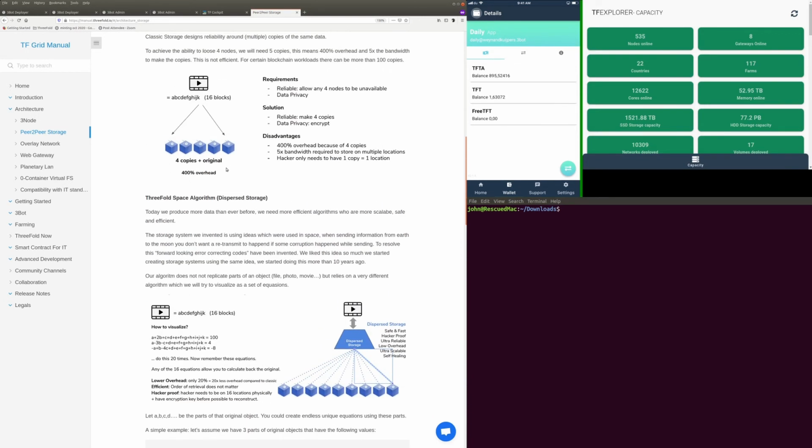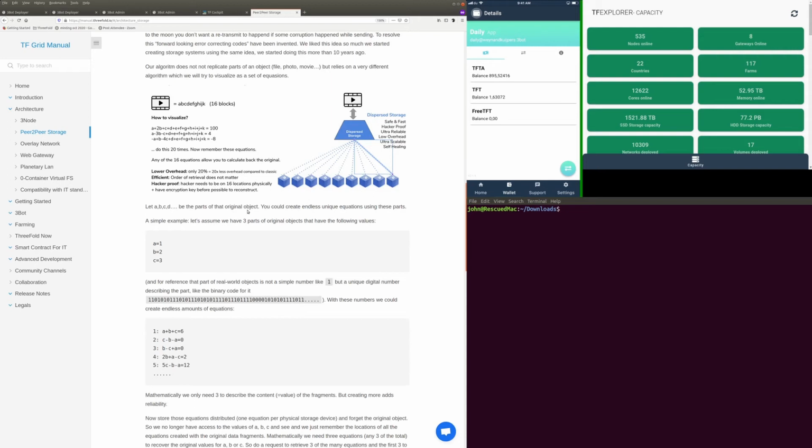The downside is, again, this is 4 copies. It's either the number of copies, or the number of copies times 100% is the overhead. So not very efficient. By having innovated a lot in the storage space, Threefold has access to very novel and innovative storage algorithms that work as follows. And again, that's why it's so important that on this grid you have access to many disks in many different locations. So the simple way to explain this is that any object or file goes into the storage solution,